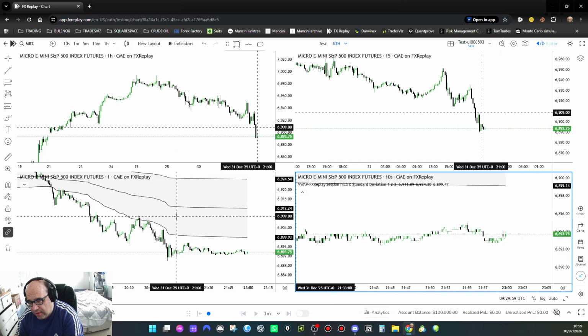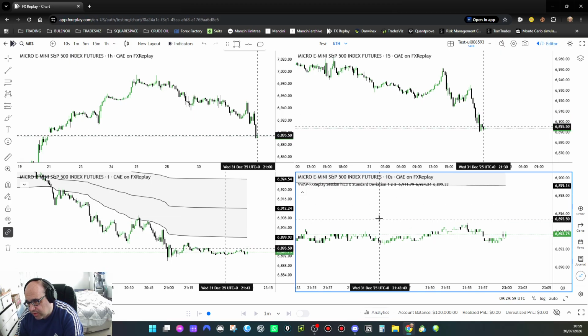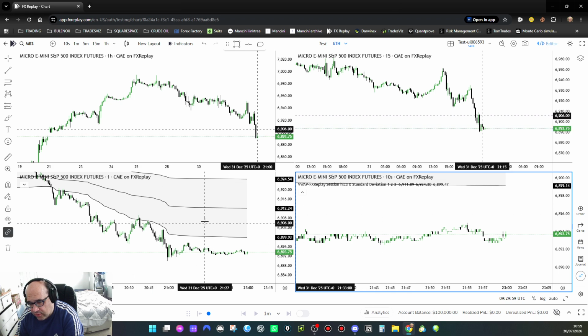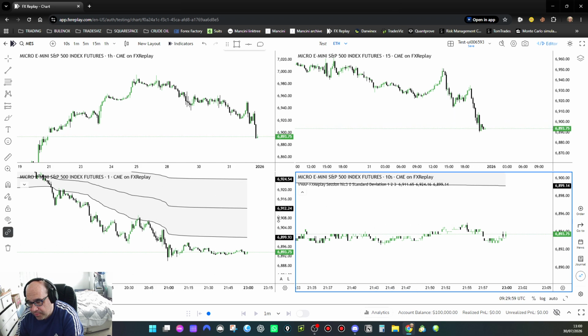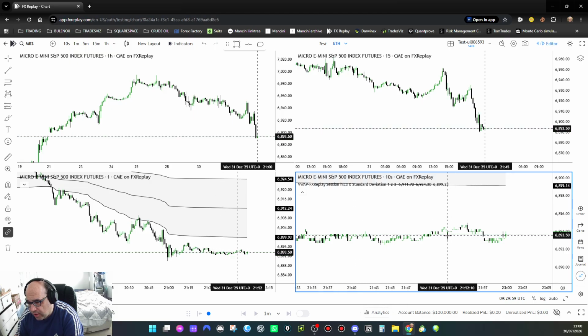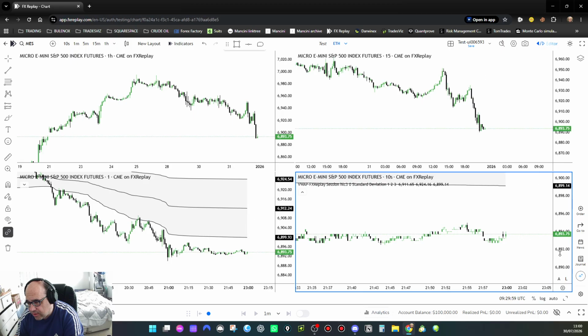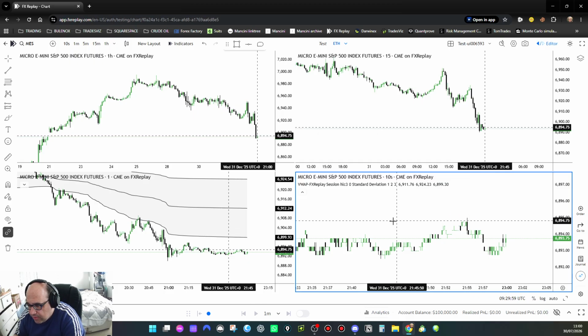So let's say I have a level here, okay, 6909, okay, and price is here. I'm not watching this chart because I don't really care for entry so far away. But if the price comes very close to my level, then I start watching this level to see how price reacts to the level, and if I can see any possible entry, meaning that sometimes if you see my video,